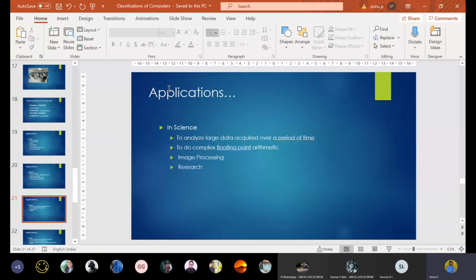A lot of scientific calculations and research problems are solved using supercomputers, using image processing and so on, taking pictures from places humans cannot reach, but using robots we can reach there, take snaps, process them, and find out some useful insight. It can be understood as the presence of water, or the presence of an oxygen level suitable for a human being to live, which is possible using that type of image processing and data processing.